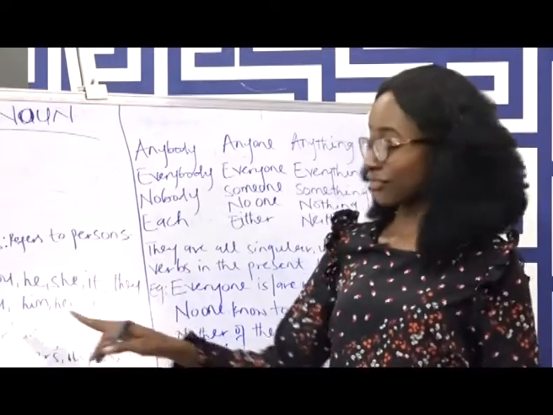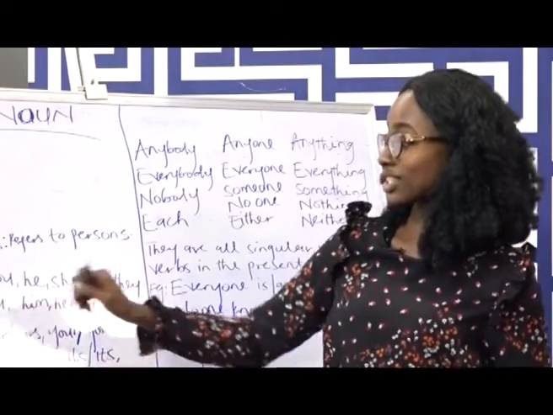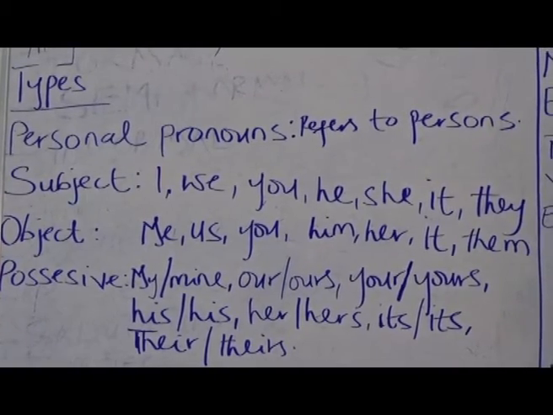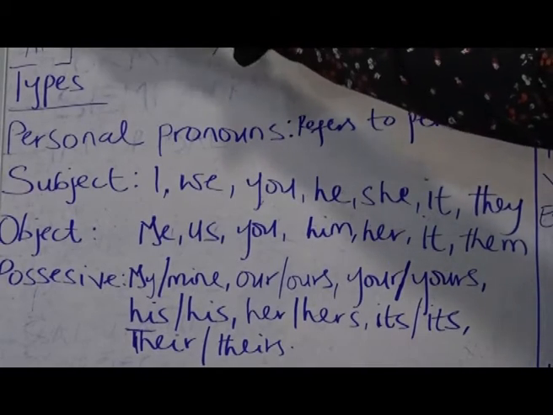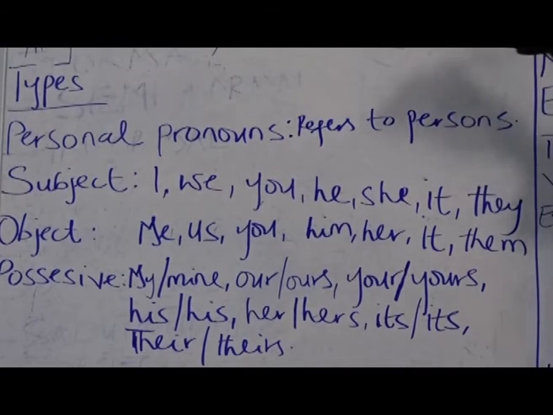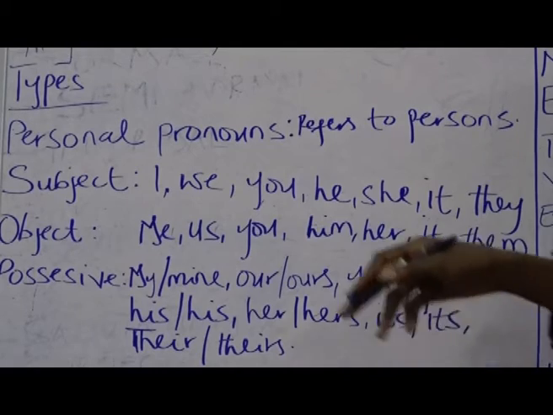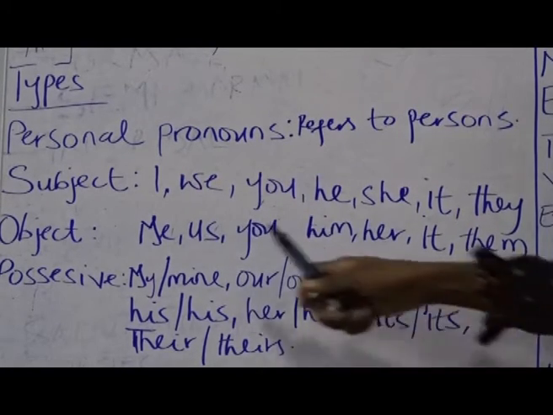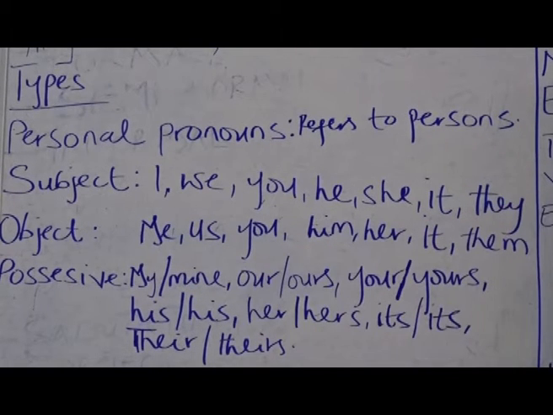Now, we have the object pronouns. These are pronouns that take the object position in a sentence. Now, these objects are the things that the subject of the sentence is referring to, the receiver of the action in a sentence. Now, when we say something like, I am a girl, and when you want to use me as an object in a sentence, you could say,